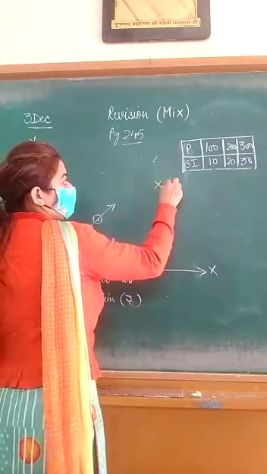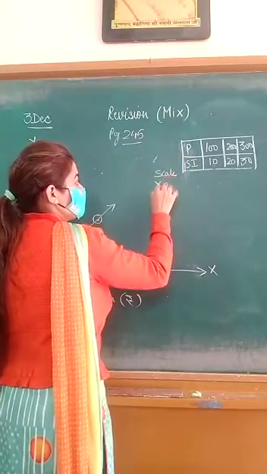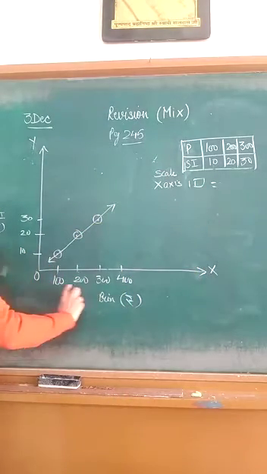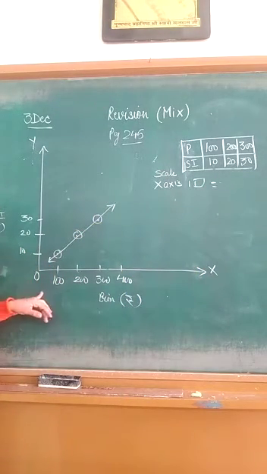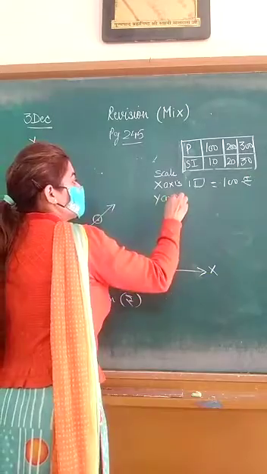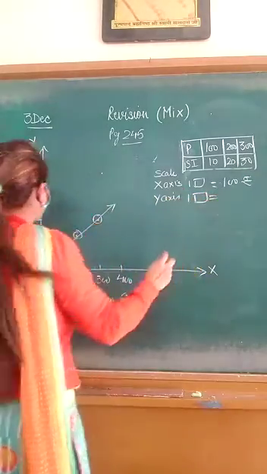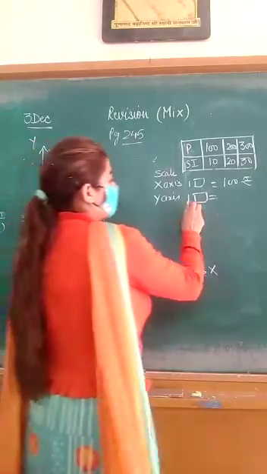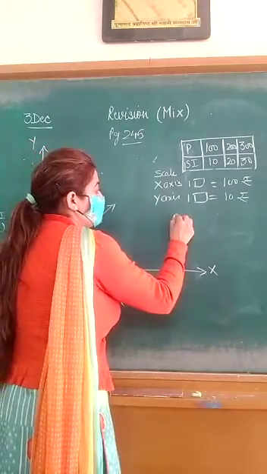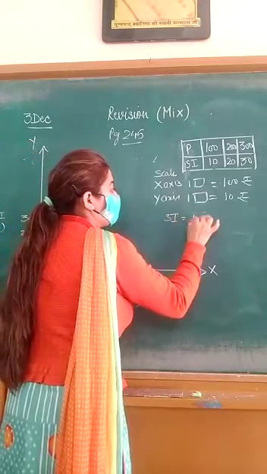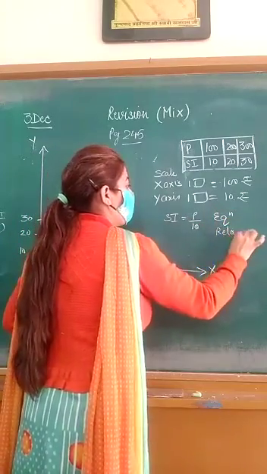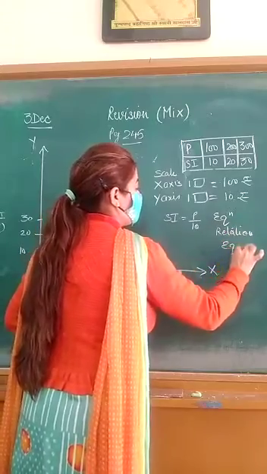One more thing is pending. You will write the scale for x-axis. On the x-axis you have one box is equal to a gap of 100. All the numbers are having equal gap, so no need to put the kink here. That will be your 100 rupees. And for y-axis, that represents your simple interest, the gap is of 10 rupees. So you will write one box is equal to 10 rupees. And previously we have written simple interest is equal to P upon 10. That is known as your equation, relation or expression for this.